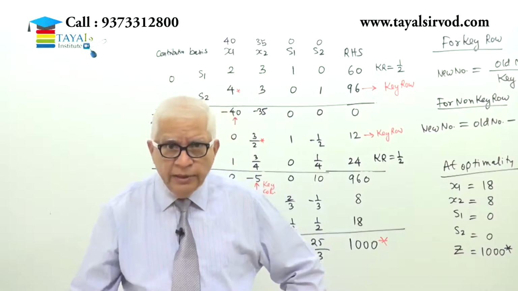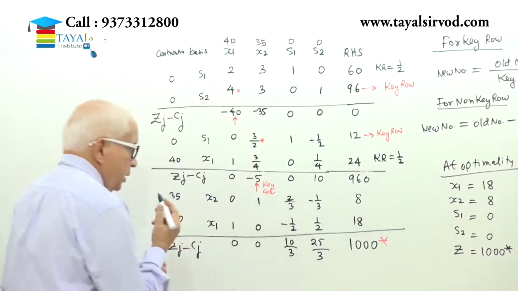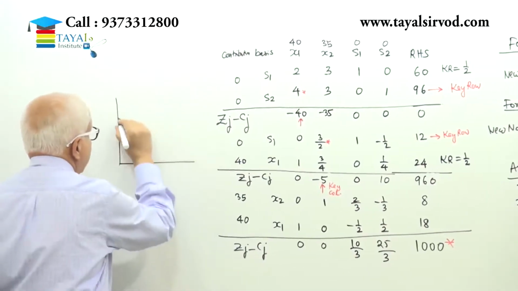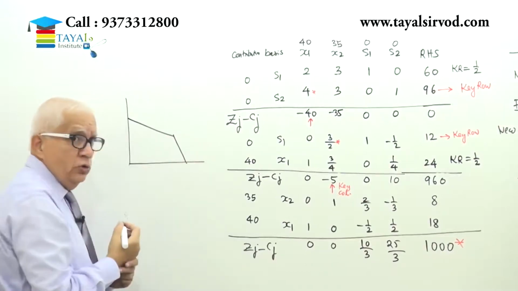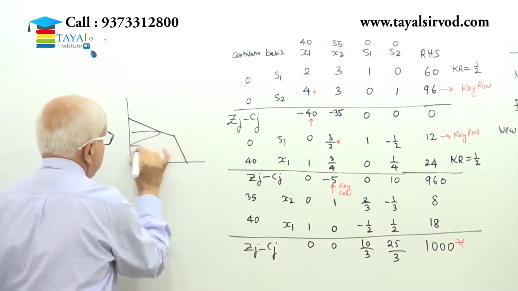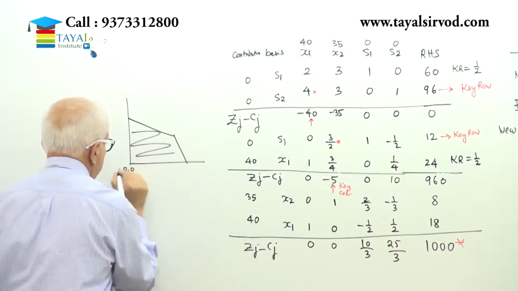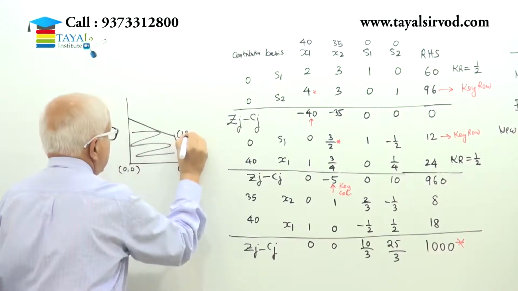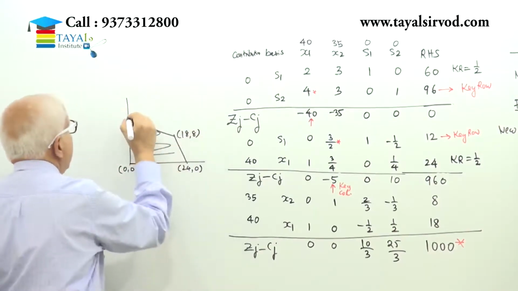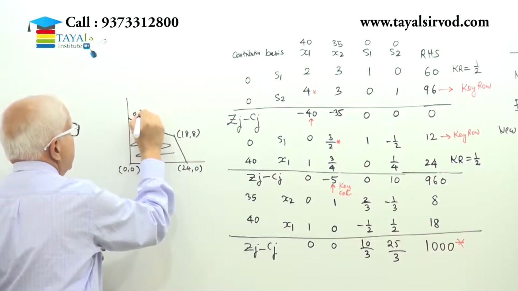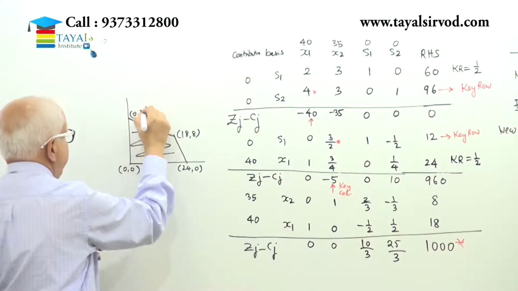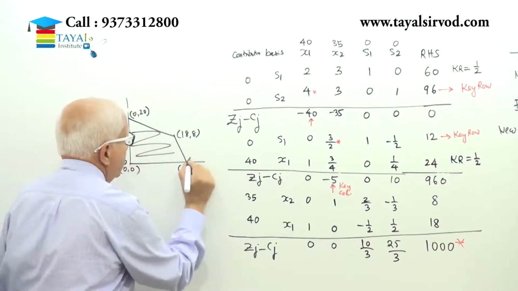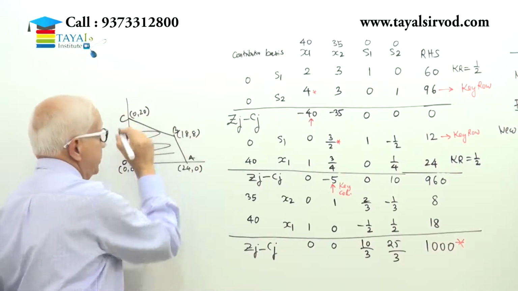Now you go back a little bit. I am drawing here, look here, the graphical solution to the first problem on simplex. Do you recollect that we had some such solution space and we had shaded this area, and this point was 0 0, this point was 24 0, this point was 18 8, and this point was 0 20. These points we had given names O, A, B, C.